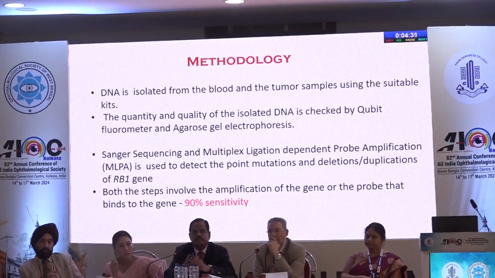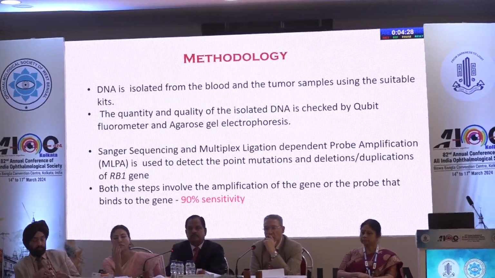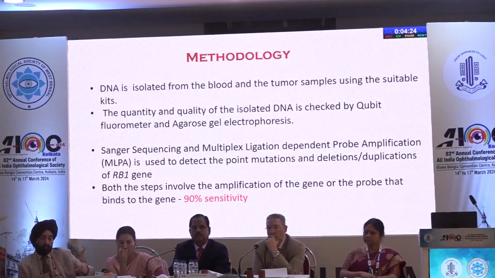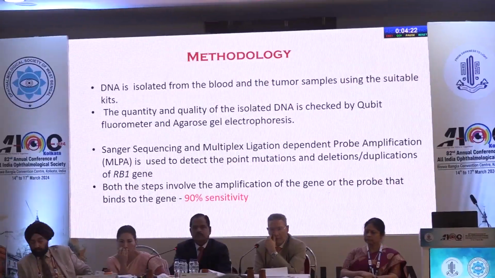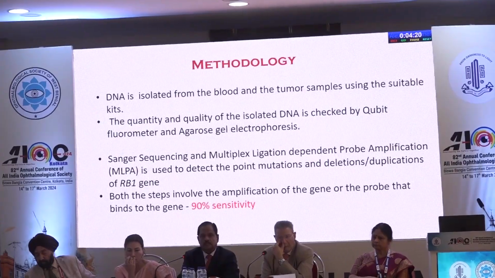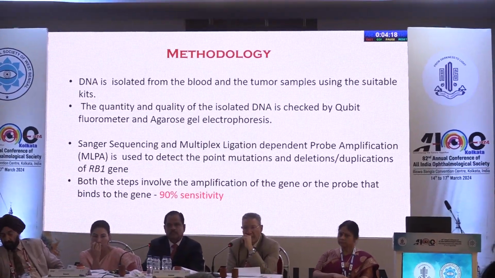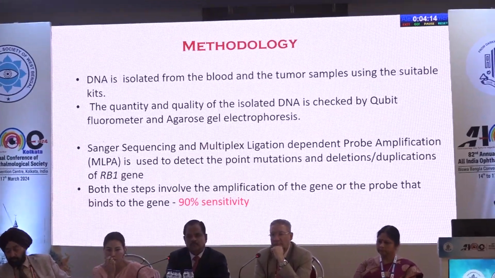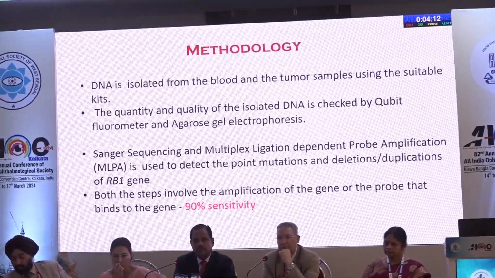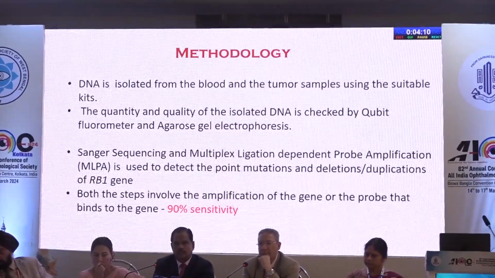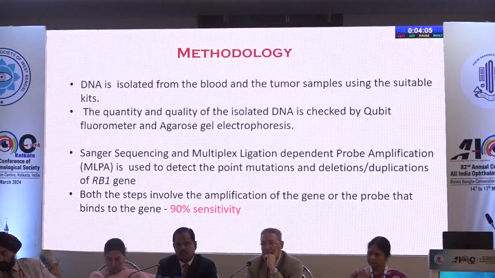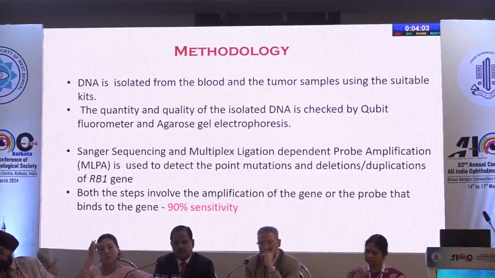The methodology we used: DNA is isolated from the blood and tumor samples, wherever available, using suitable kits. The quantity and quality of the isolated DNA is checked by the Qubit fluorometer and agarose gel electrophoresis. Sanger sequencing and multiplex ligation-dependent probe amplification, that is the MLPA, is used to detect the point mutations and the deletions or duplications of the RB1 gene. Both the steps involve the amplification of the gene or the probe that binds to the gene, which gives us